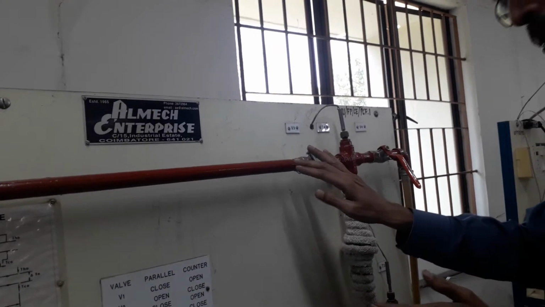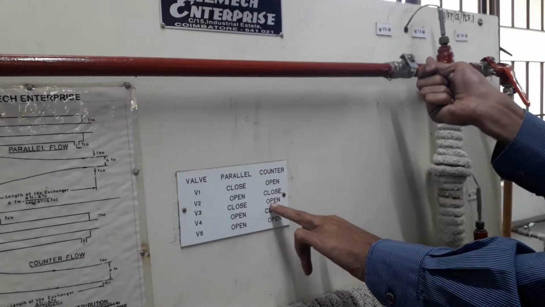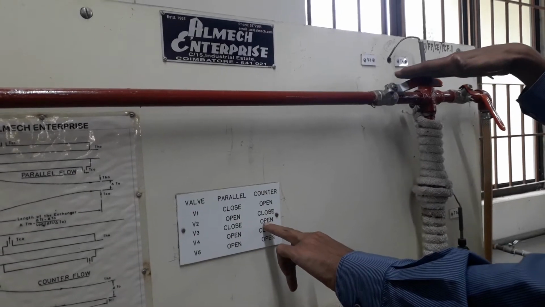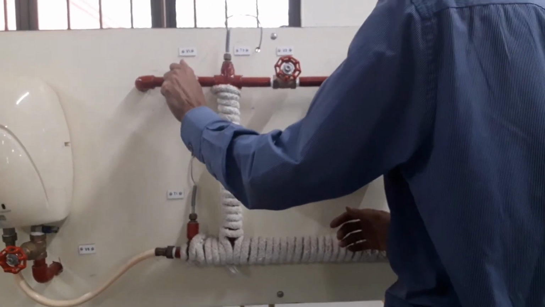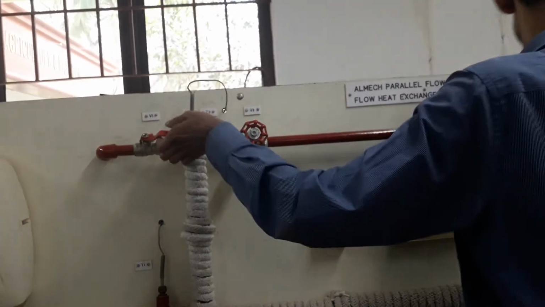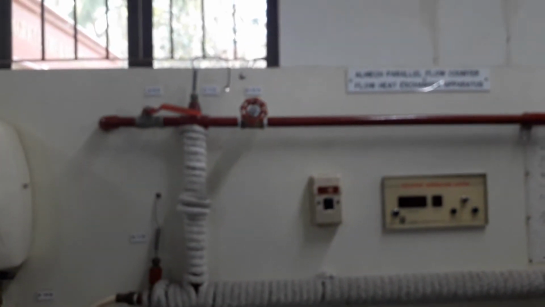So you see, for example, V3 for counter current should be open because I have to allow the cold water to come in. Then cold water is going this way, and I have to allow the cold water to leave also, right? That means V1 should be open then. So in counter current I have to allow V1 to open. Cold water comes in, goes this way and leaves the platform. That's why V1 and V3 should be open.